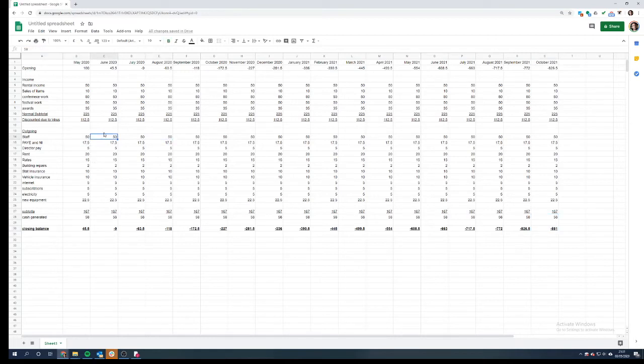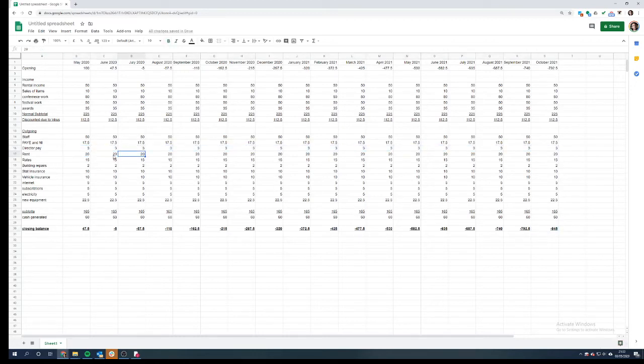Oh, just to be clear as well, just to caveat this, I haven't put in cost of sales. So as a pub, that's not in there. Again, I've kept this very simple. So next thing you've got to do is go through your outgoings and start being brutal on where you can start cutting things out. Now, can you take a pay reduction for yourself? Maybe you can, maybe you can't. So you might want to adjust that and see how your numbers go from minus 879 to minus 845.